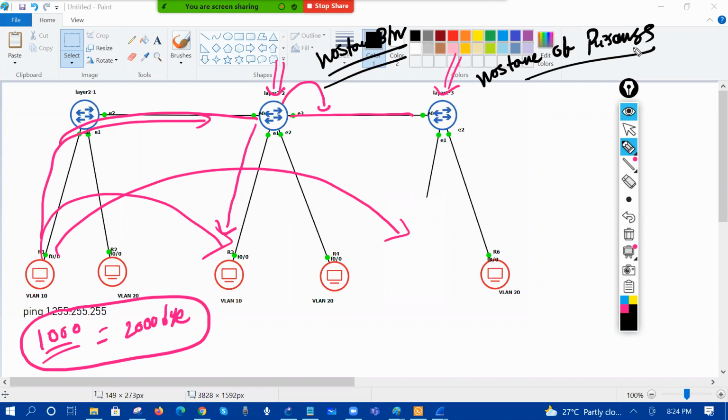Understood? What's happening? Switch 2 has a VLAN number 10 user, right? Switch 2 can forward the packet into the VLAN number 10. At the same time, it will forward the packet on the trunk link. The reason is that on this trunk link, the default behavior is to carry all the VLAN information from 1 to